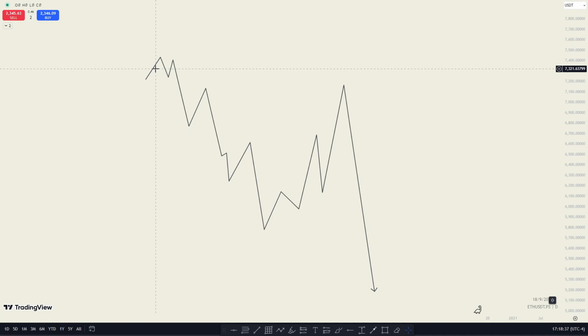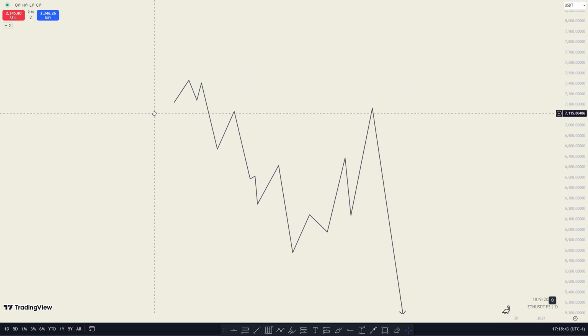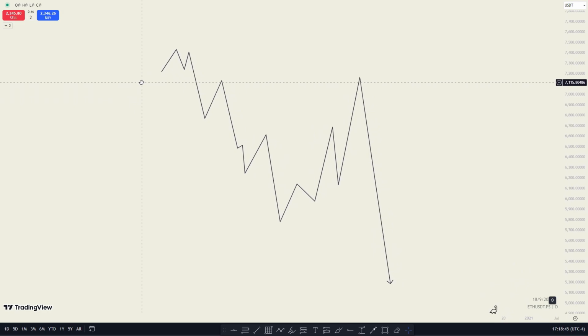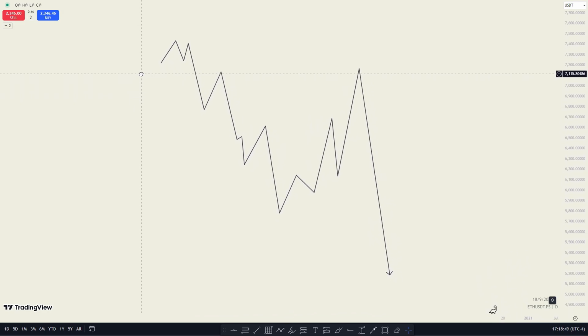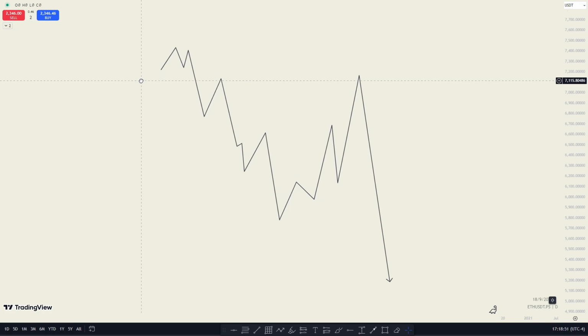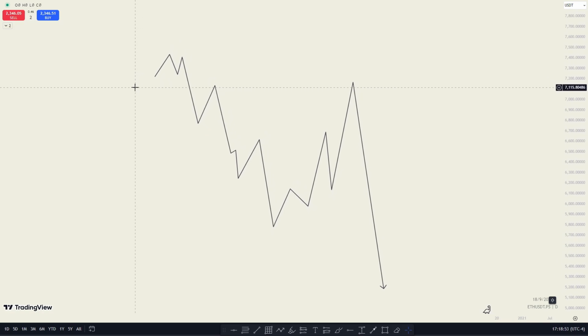Hello folks, today we're gonna talk about concepts of power of 3, premium and discount, and equilibrium, and how you can apply them in your trading. So we will start with the simplest one,